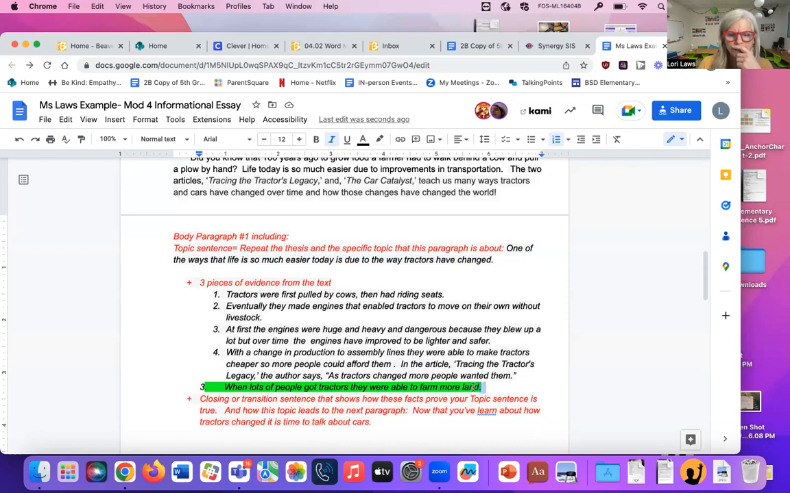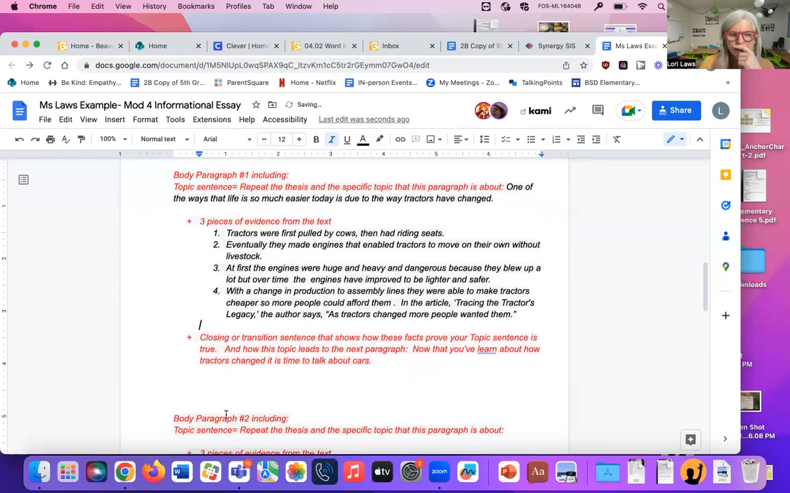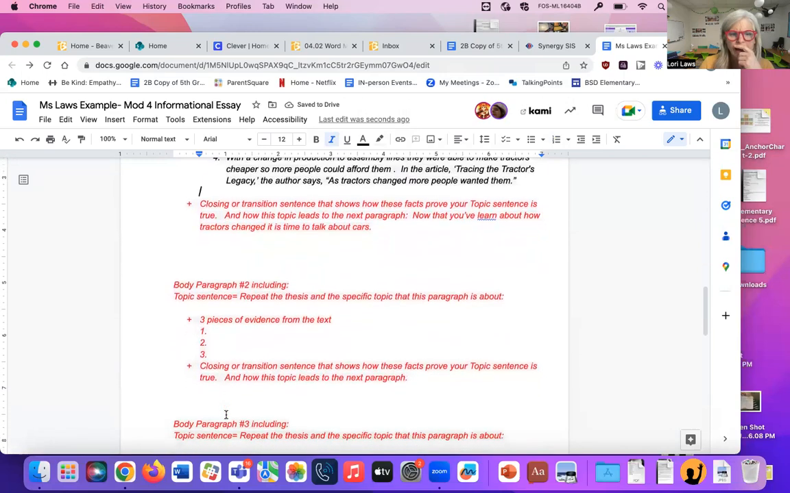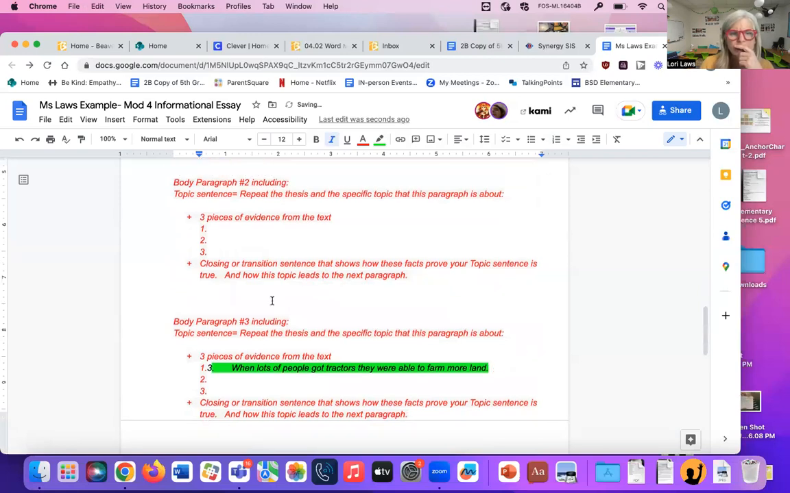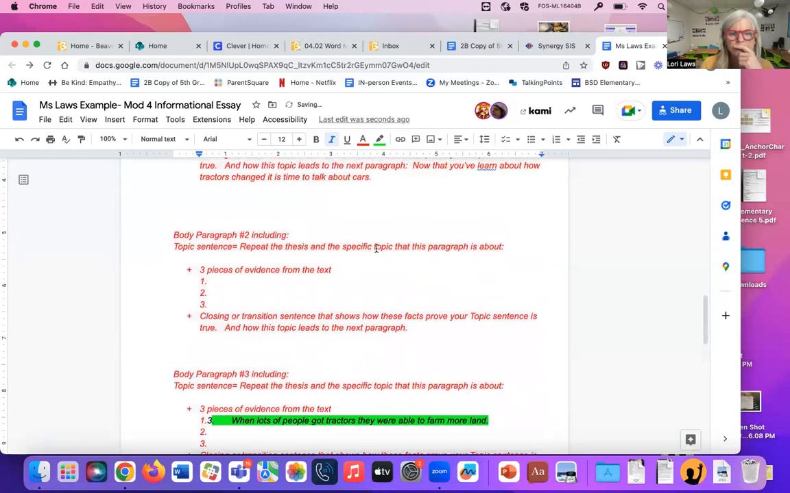But you know what I decided about that sentence? I don't think it fits in this paragraph. So I'm going to copy it, and then I'm going to get rid of it. And then I'm going to go down to the paragraph that is about how tractors changed the world, and I'm going to put it there. So this, my second body paragraph, is about